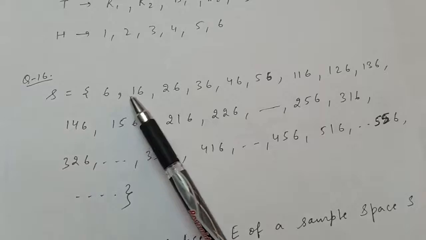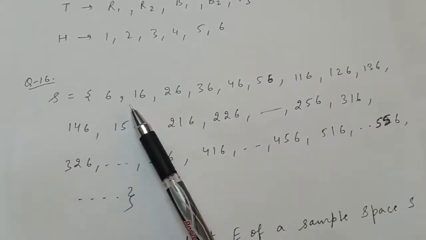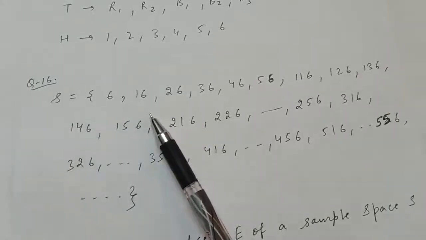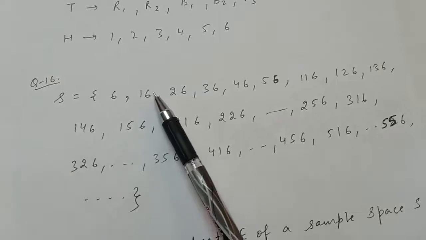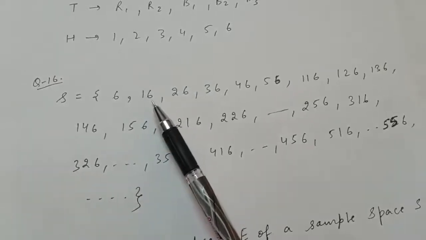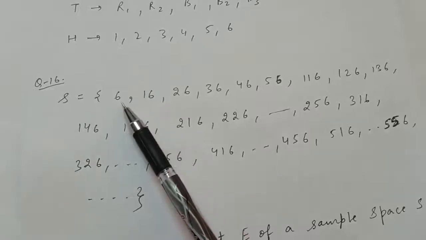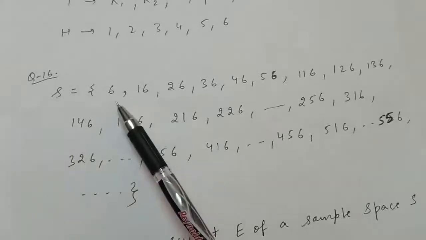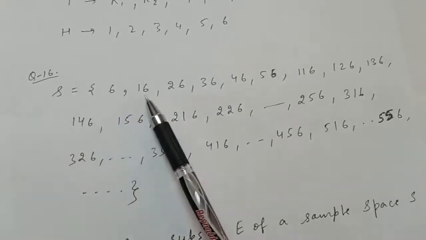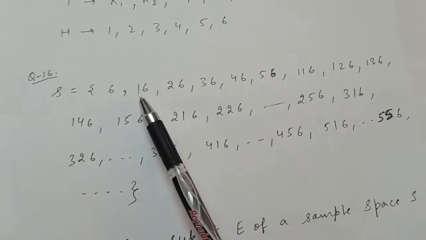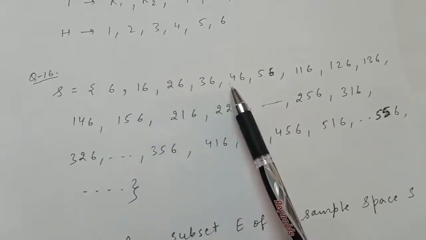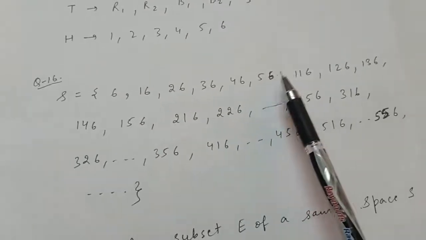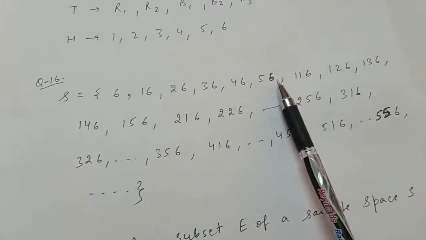Now suppose 6 comes at the second roll. At the first roll, any number out of 1, 2, 3, 4, 5 can come but 6 will not come, because we are considering 6 comes at the second place. If 6 comes at the first place, then we have to stop the experiment, which we have already considered, right? Now we are considering that 6 comes at the second roll. So at the first roll, options can be 1, 2, 3, 4, 5, right? 6 at the second roll. Because now 6 appeared, we have to stop the experiment.